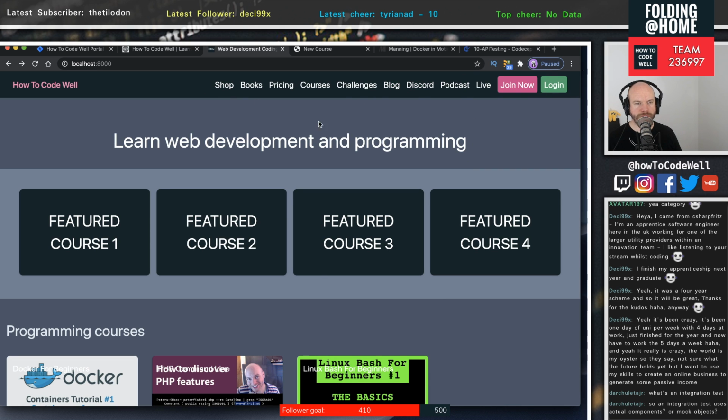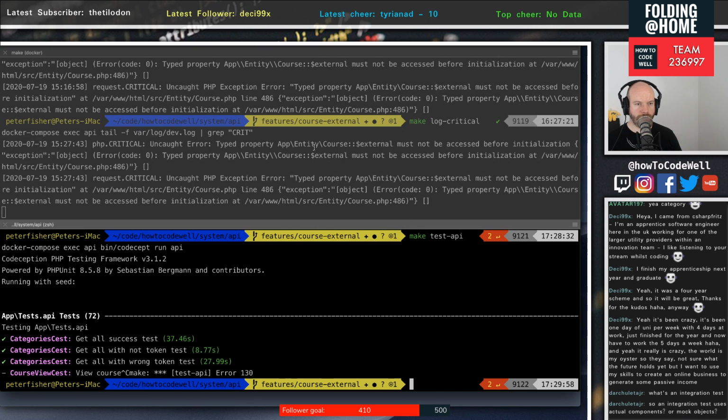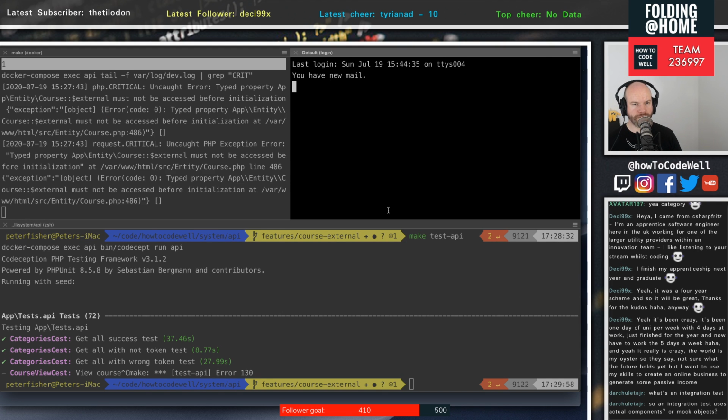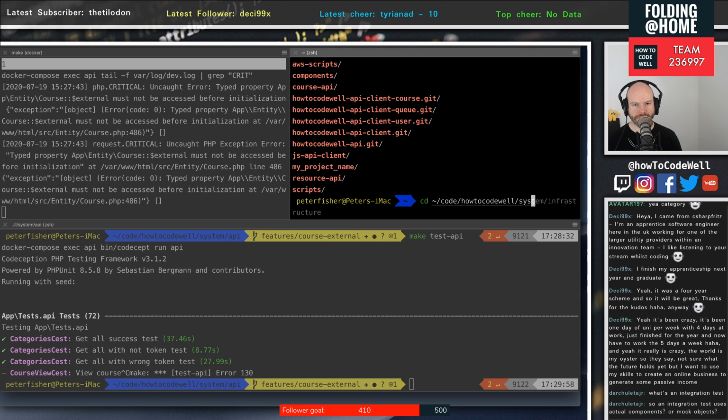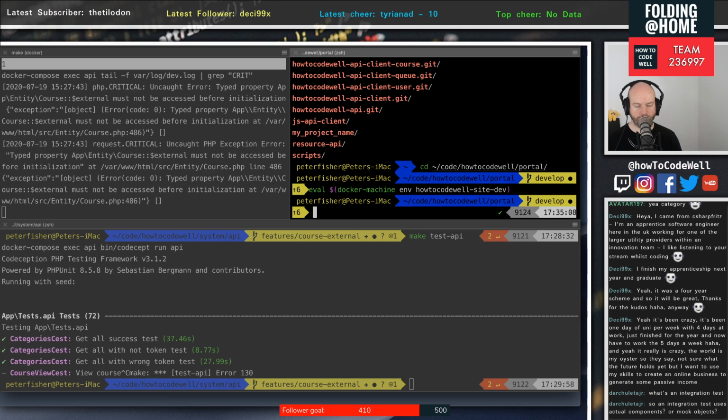I don't think this works because I haven't got Gatsby. No, I haven't got Gatsby running. Let's do that. Actually, that's a good idea. Let's try and do that. I know I'm moving off of various things. Let's get Gatsby running. So we don't want to go into the infrastructure. We want to go into the portal, which isn't in system. It's in this level. And we want to evaluate the Docker shell, obviously, and then we want to do make